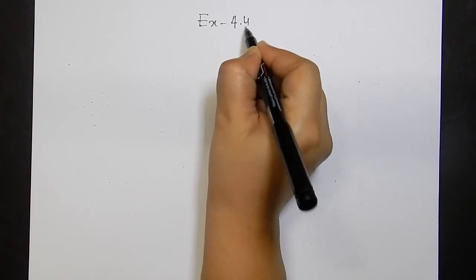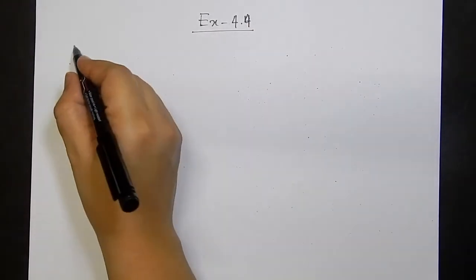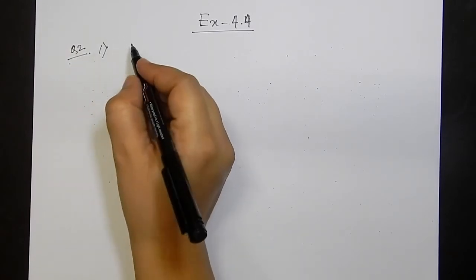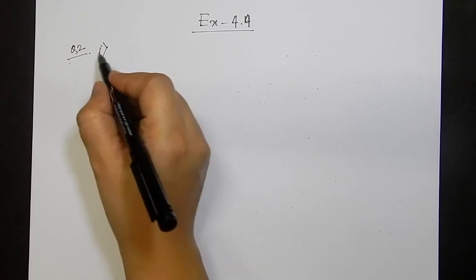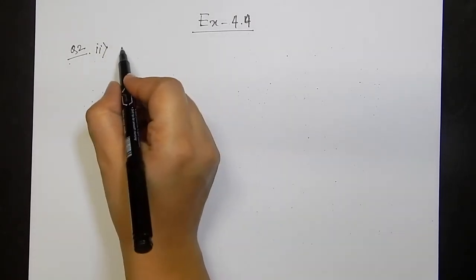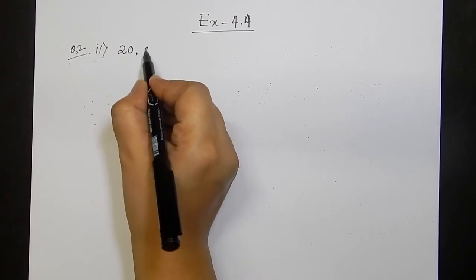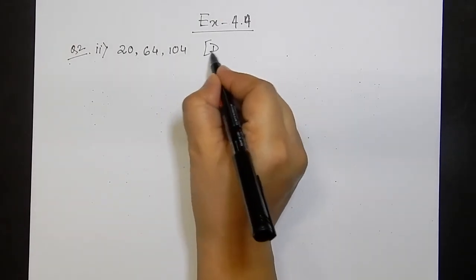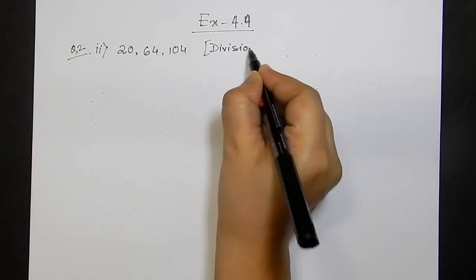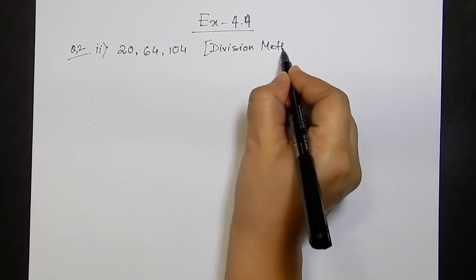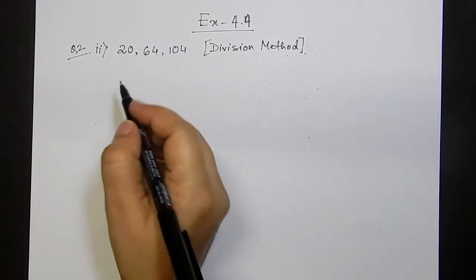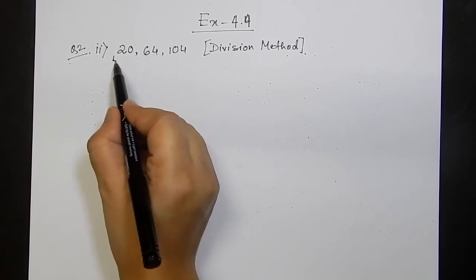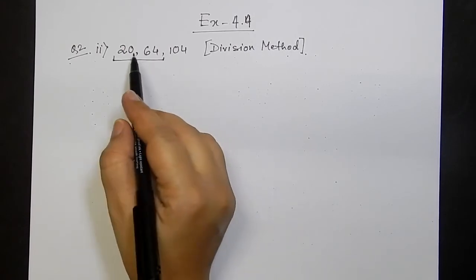Exercise 4.4, question number 2. Subpart 1, we'll start with subpart 1. Okay, let us start with 2 and then we'll move on to 1. You have to find the HCF of 20, 64 and 104 using the division method. Now let's see. When there is a group of 3 numbers, we will first take the smallest 2 of